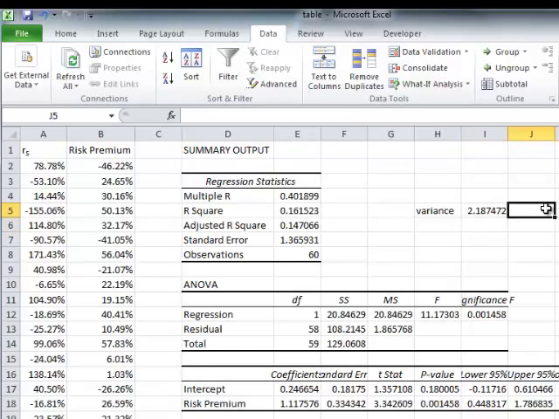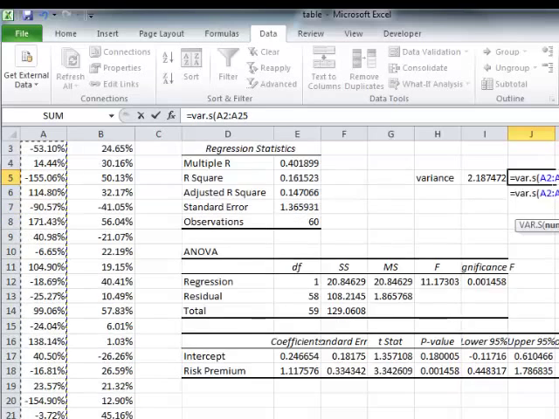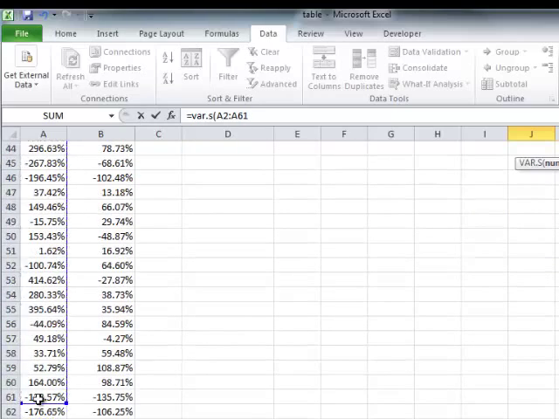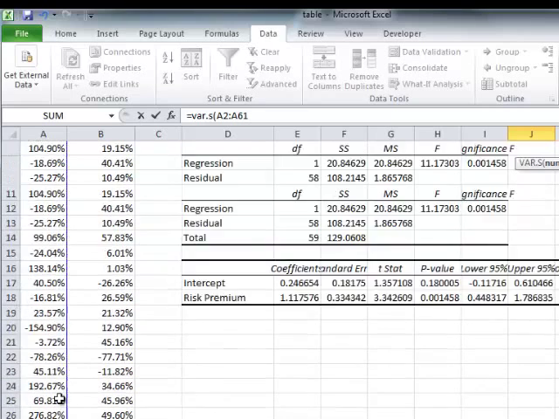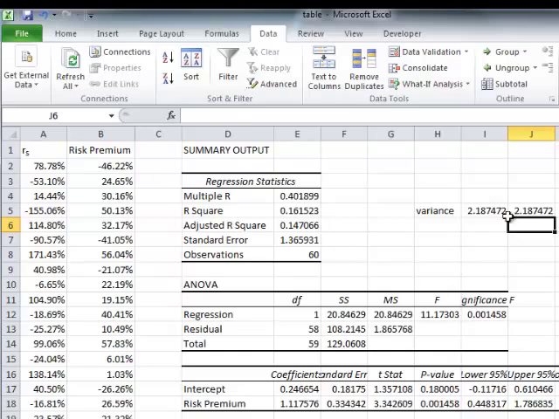By the way, in Excel we also could say, what is the variance? And we're looking for the statistic variance. In other words, we're taking a sample. So I'm going to highlight just the R sub S because it's the risk to the shareholder I'm interested in, not the risk to the risk premium. That's kind of weird. So I'm not even going to do that one. And then I'm going to just hit enter, and you'll notice that I get the exact same answer,